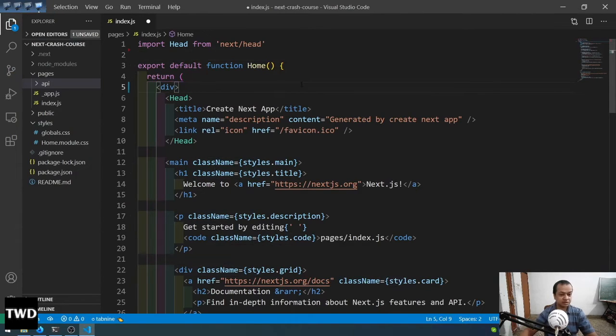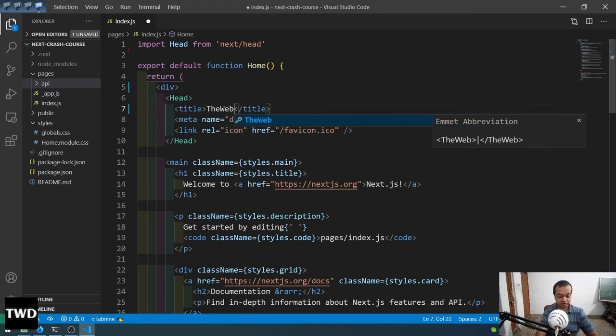Don't want this head. Let the head be there. What is the head for? Head is for your meta tag and all those things. Meta tag and all those things we can give it there. So I will change this to the web dev